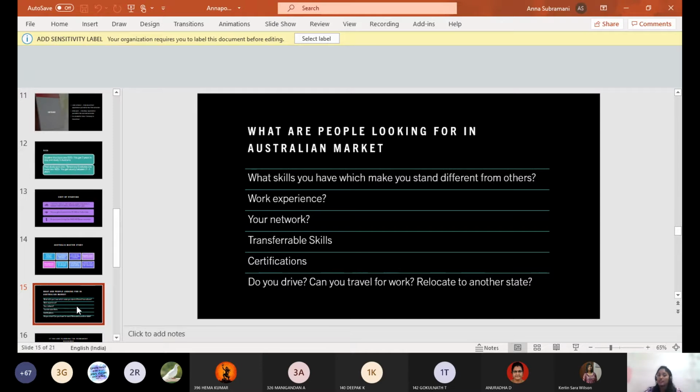So that's one of the skills that people are looking for, and all the transferable skills. For example, as I mentioned, I did my master's in IT and my bachelor's in computer science, but there is a job where I can go as a teacher where I teach IT. So is it possible to transfer this skill to that one? Do I have that capability? People look for that in the person who is applying for the job.